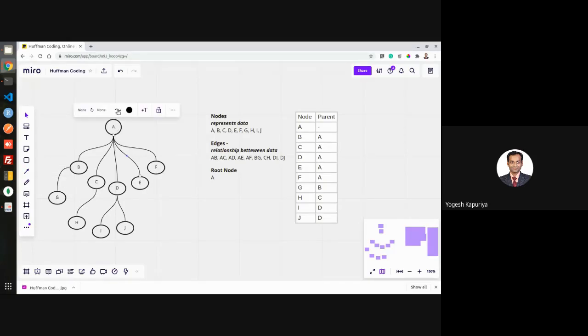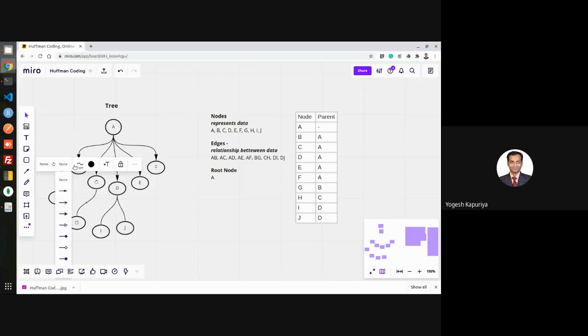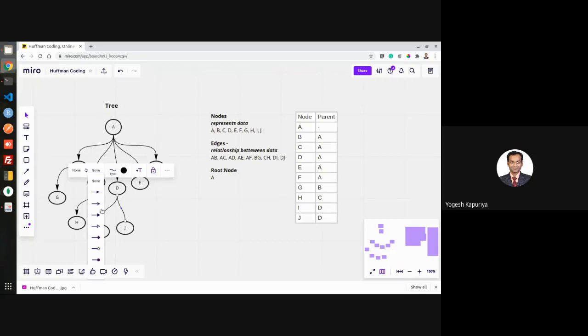If I want to write in a better way, right? So that arrow will give you the more clear idea about from where it is being originated. Because all the nodes are always originated from the root node. So your direction is always from root to leaf. Okay, fine. So I hope parent is clear.